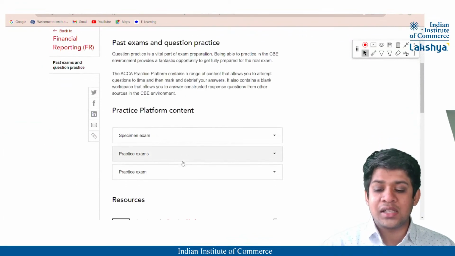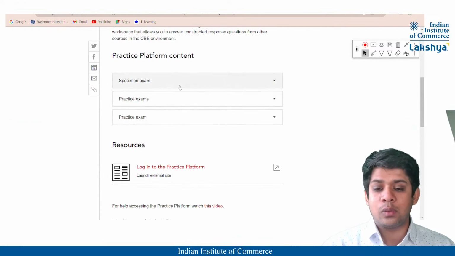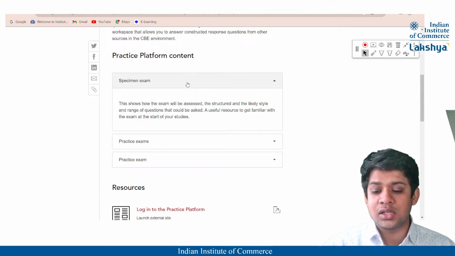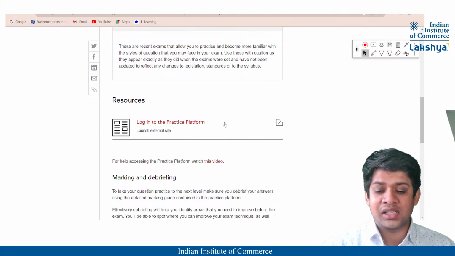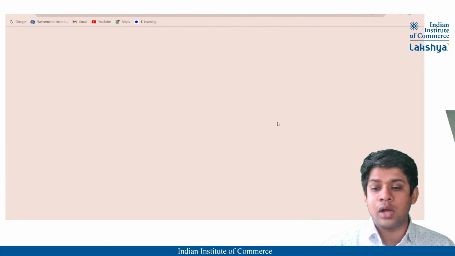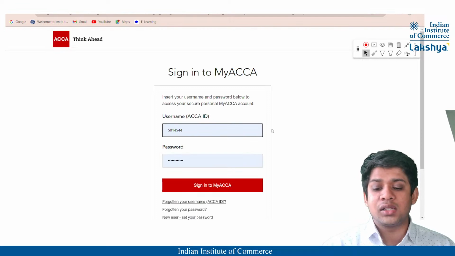And once you click on Past Exams and Question Practice, it will show you what the practice platform content is, like the specimen exam, the practice exams, and the two practice exams are there, right? Below that, it will show you log into the practice platform. You will click on this arrow and you will log into the practice platform. Okay. Now,